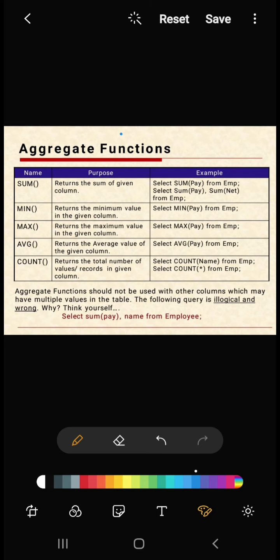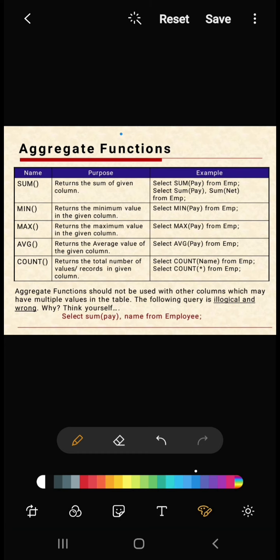So you will get 1 mark or 2 marks questions from this example, where they will give different types of functions, asking you which type of functions they are, like scalar functions or multi-row functions, also called group functions, or else they'll ask you to write any two example functions which are single row functions, right? So these types of questions you are going to get.